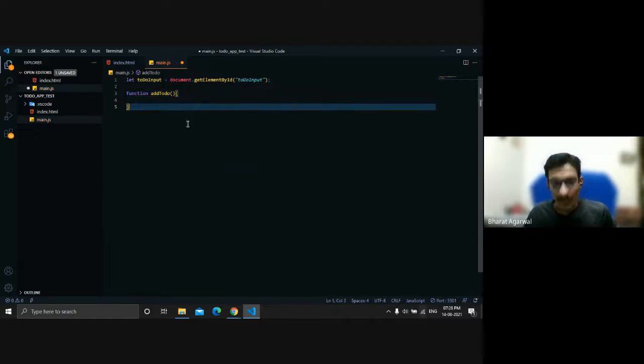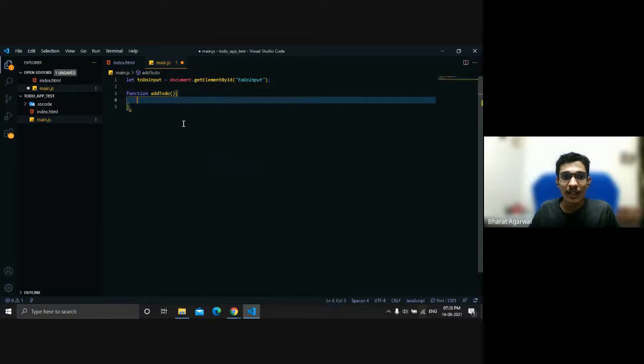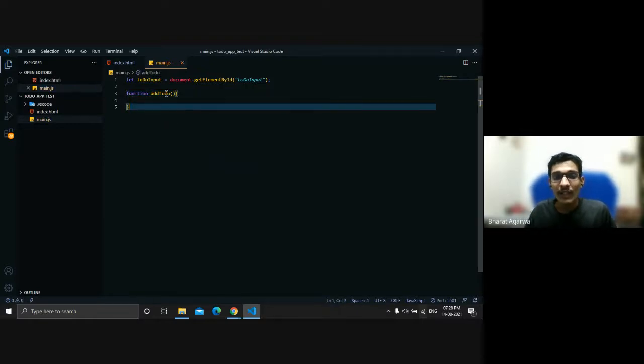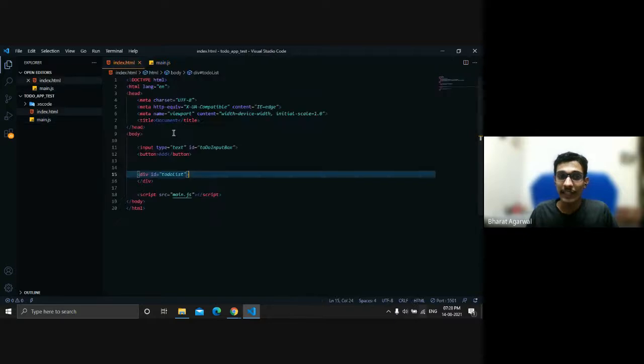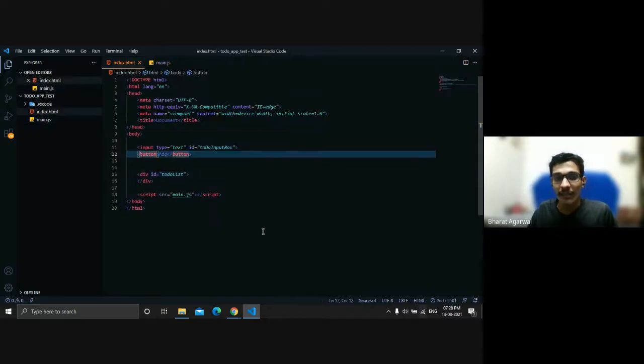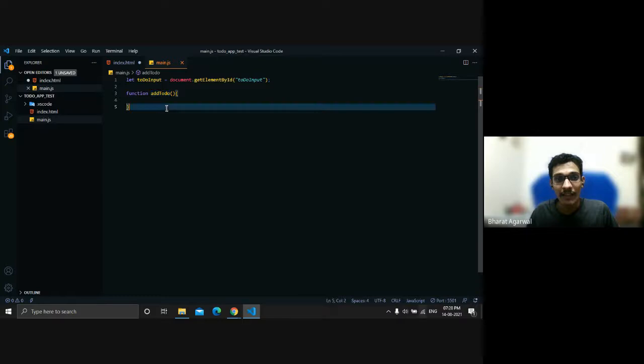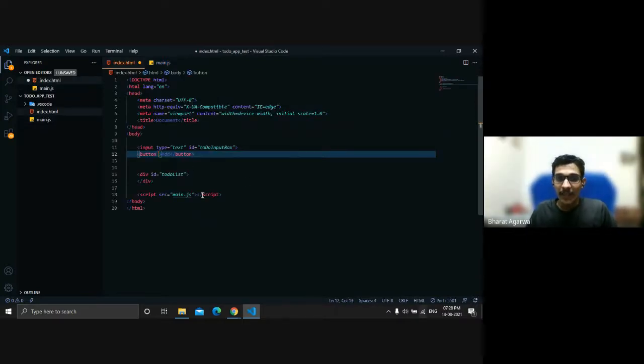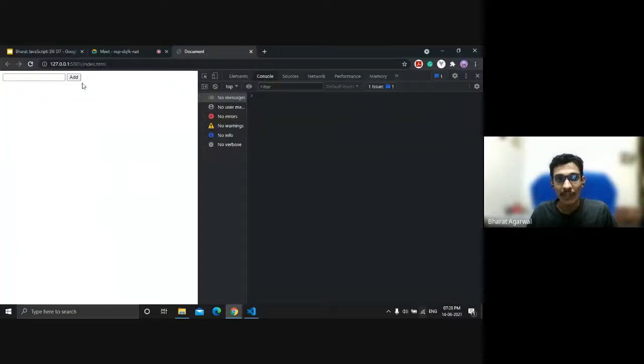Okay. So this is a function. It does nothing, just an empty function. We'll be calling this function when our button is clicked. So how can we do that? We have different methodologies, like using addEventListener. Basically, event listeners are those which trigger themselves when something happens to a node we are referring to. So if I go to this add button and use an event called click event, whenever I click on this add button, it will invoke that function.